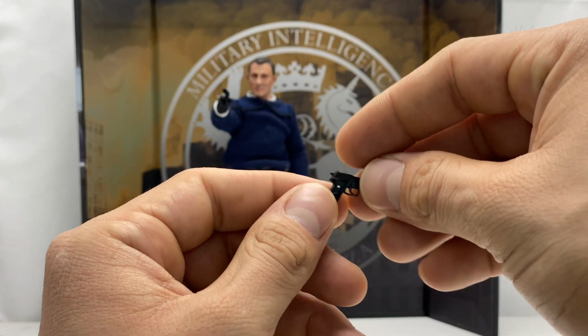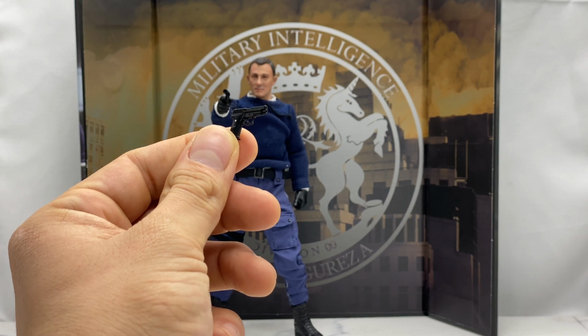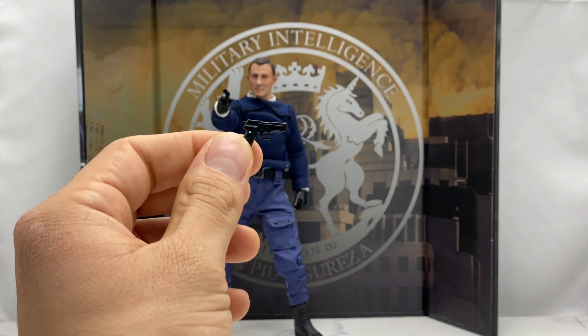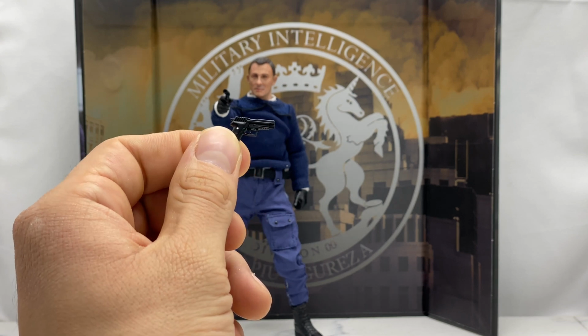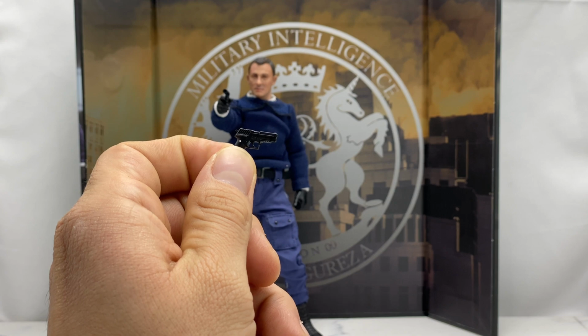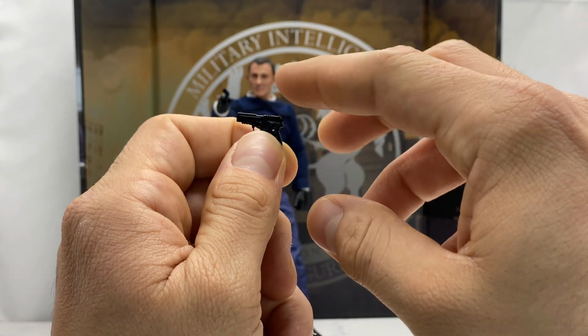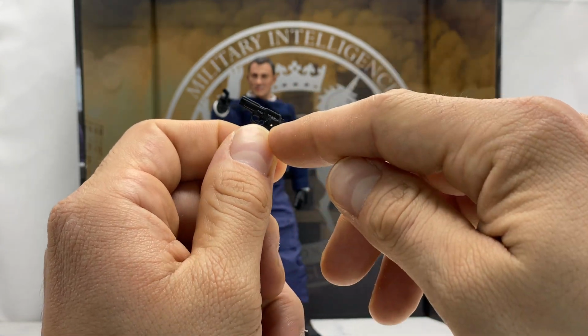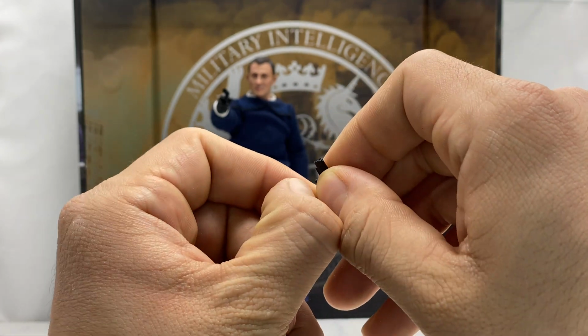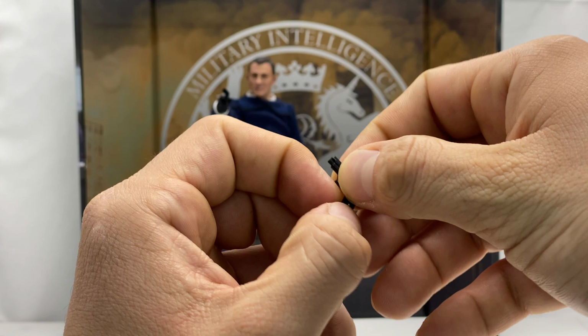and that is a regular handgun, kind of Glock looking, where this is like a P99 or P90 something. I'm not entirely sure. I'm not a gun guy, so I apologize if I'm totally butchering and getting these guns wrong, but this looks like a Glock to me. As small as this is, it is very nicely detailed. They did add those nice little white dots right there for accents, and the magazine does actually remove as well